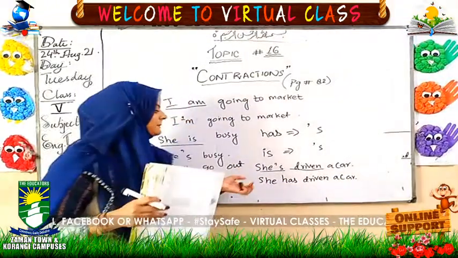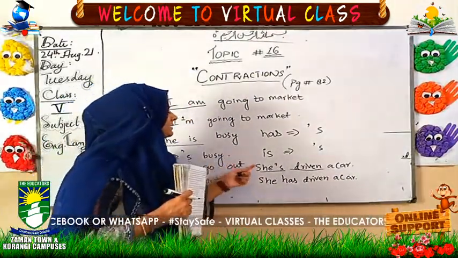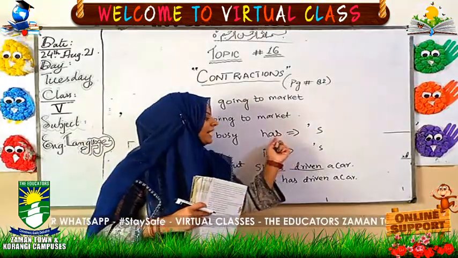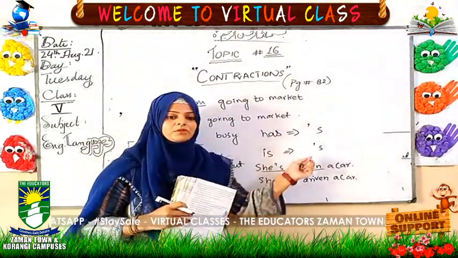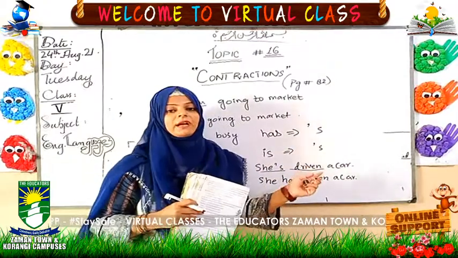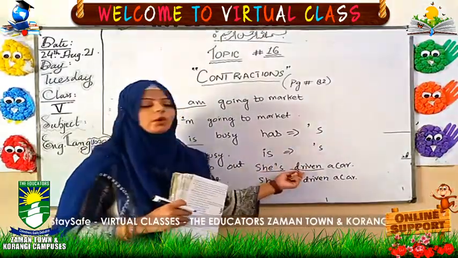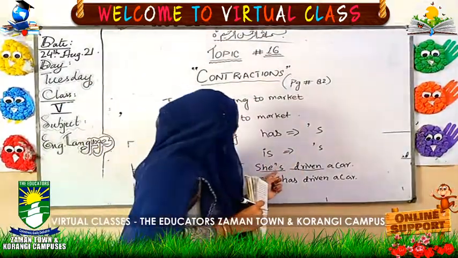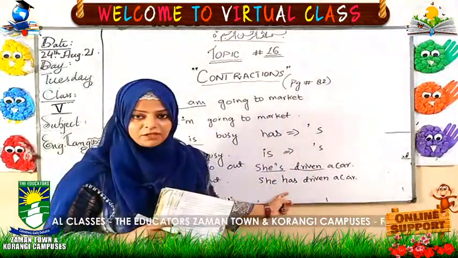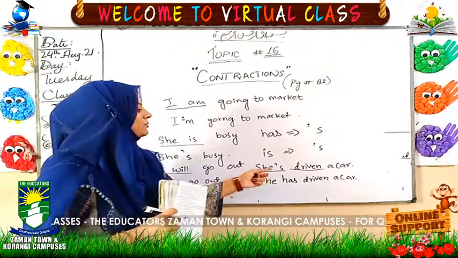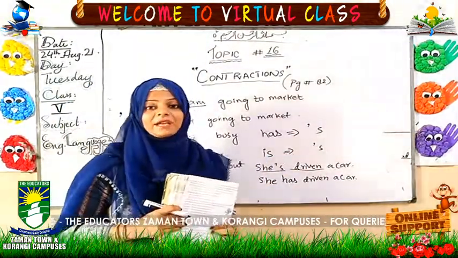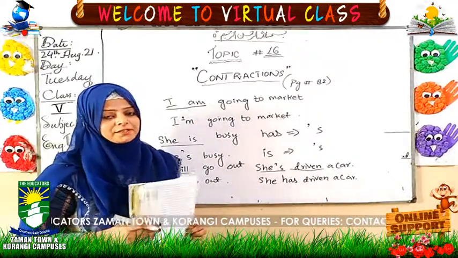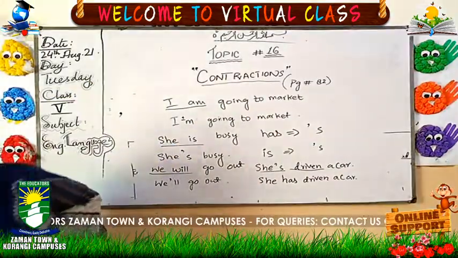Okay, I'm telling it to you again: because the contracted form of has and is is the same, apostrophe s, if you have a third form of the verb in a given sentence, then it is compulsory that you add has here. Otherwise it will be she is. If you have the ing form of the verb in a given sentence, it will be she is. Now how to make a contracted form of